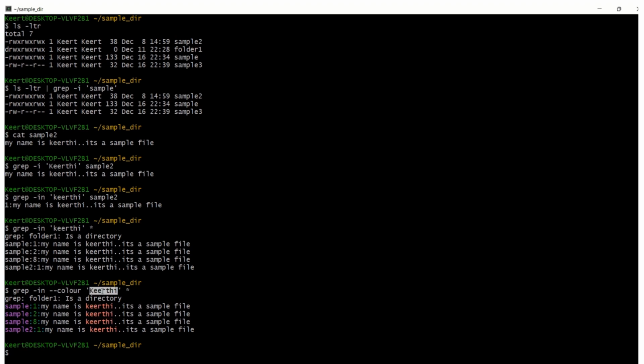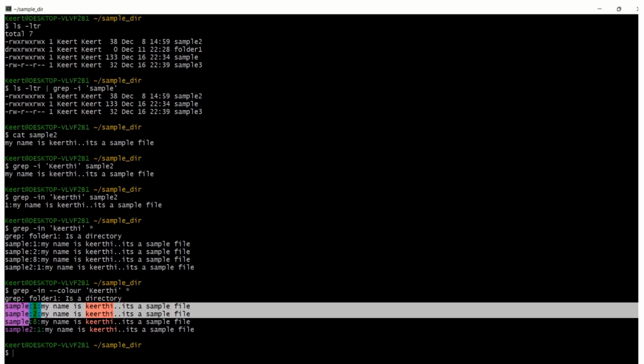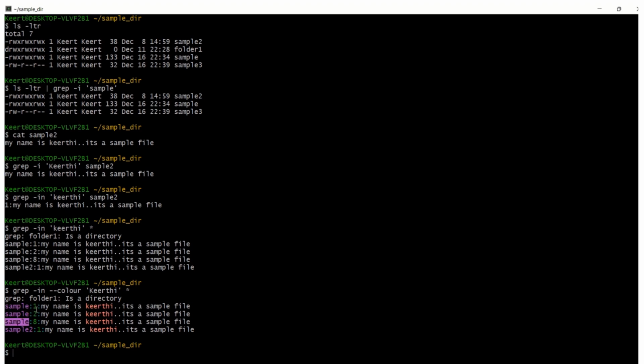Whatever we are searching here, that is the name, it is highlighting in these lines. And even the file names it is giving in color, and line numbers also. So like this you can highlight where the keyword exists in a line. And now